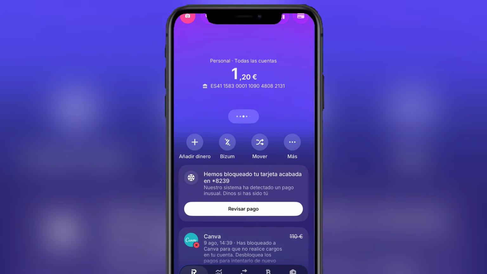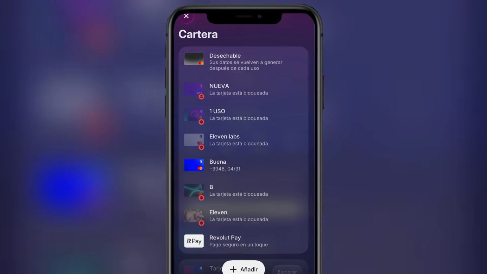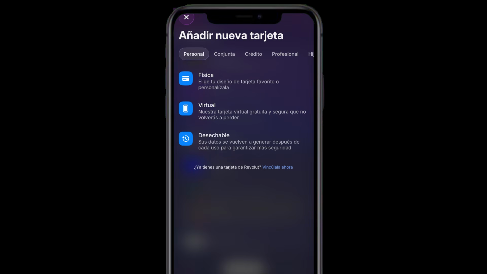Next, we'll tap Add and look for the option for a disposable virtual card or single-use card, depending on how it appears in your app. Once we've selected it, Revolut will allow us to create the card and we'll be able to view its details